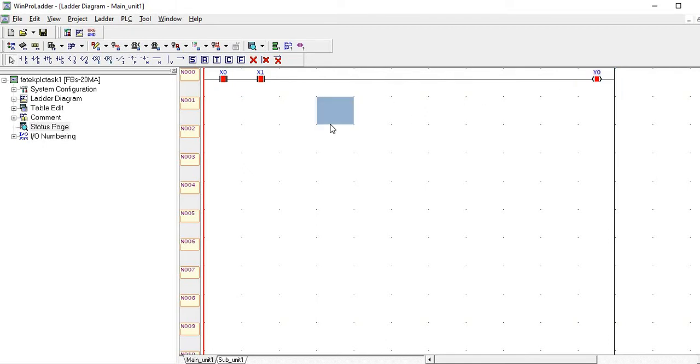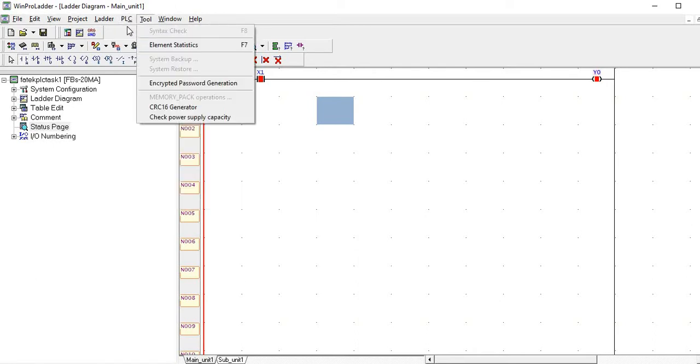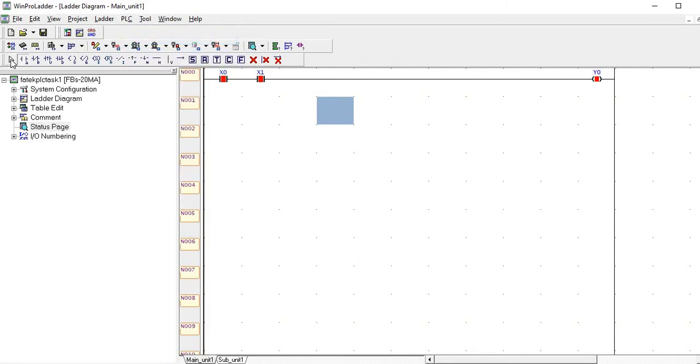Now we are going to discuss another very simple gate logic, which is the OR gate, in which if any of the inputs is high, then our output will also be high. It is like adding: 1 plus 0 equals 1, 0 plus 1 equals 1, 0 plus 0 equals 0, 1 plus 1 equals 1 in simple Boolean algebra. Okay, so now first of all stop the PLC. Now select the input named x2 and